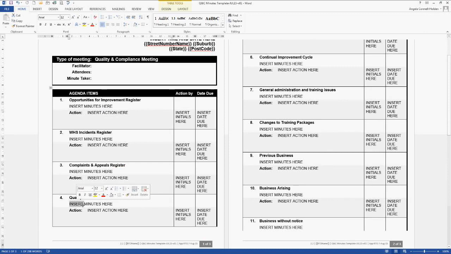So what you're putting in your minutes for quality indicators is: we distributed this many forms, we got this many forms back, in general this is the feedback we got, and whether we had to take any action from that feedback. That's what you're doing under quality indicators. You may have got other client feedback that wasn't through the quality indicators. This is where you put that feedback as well.